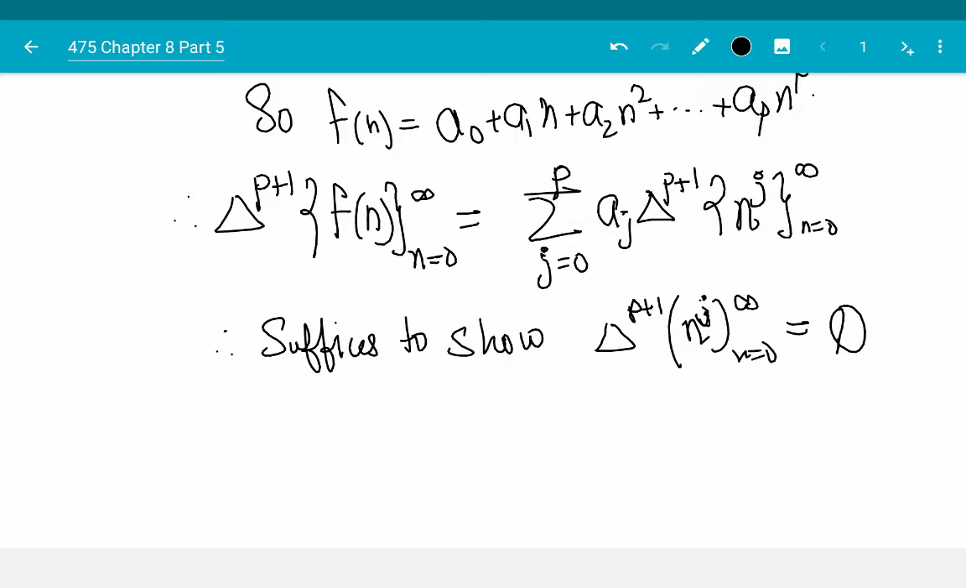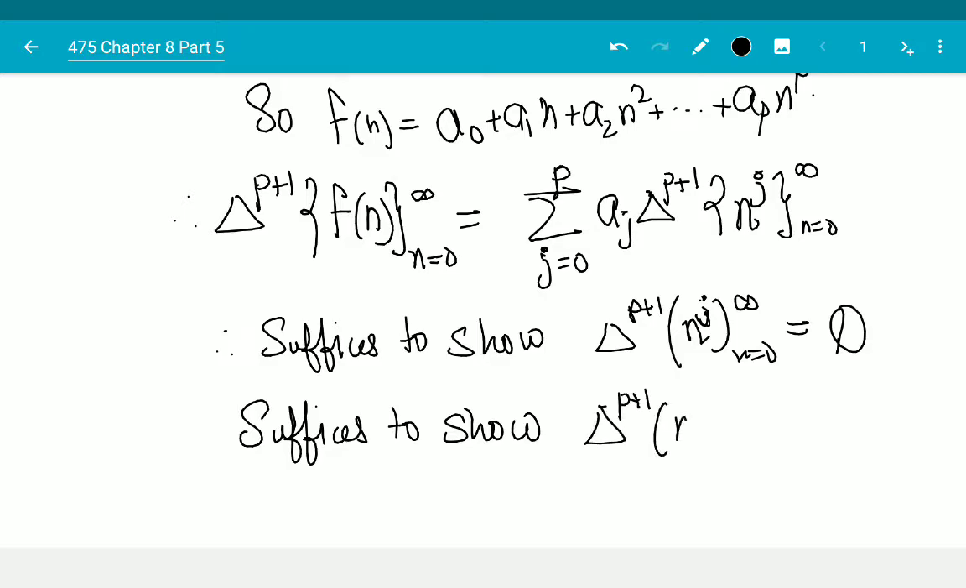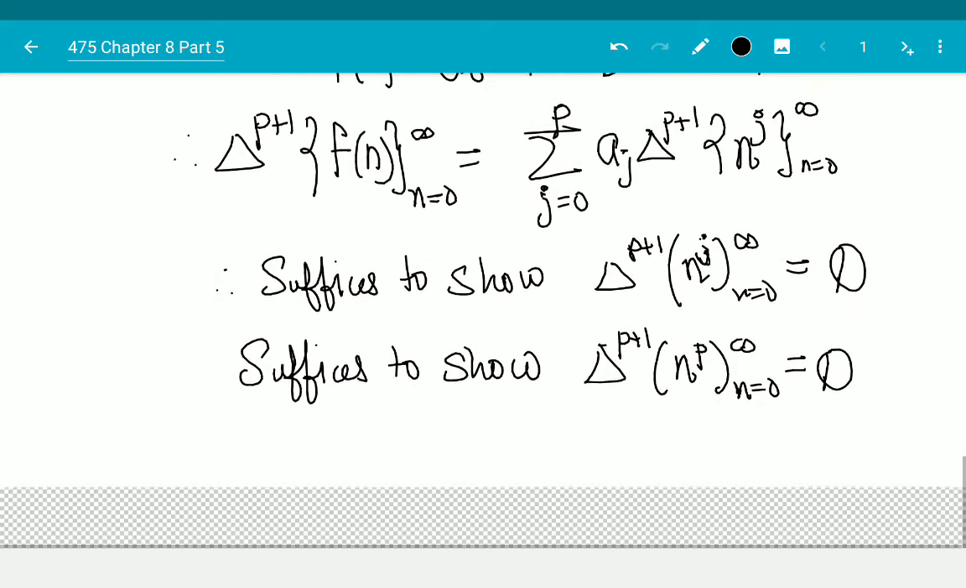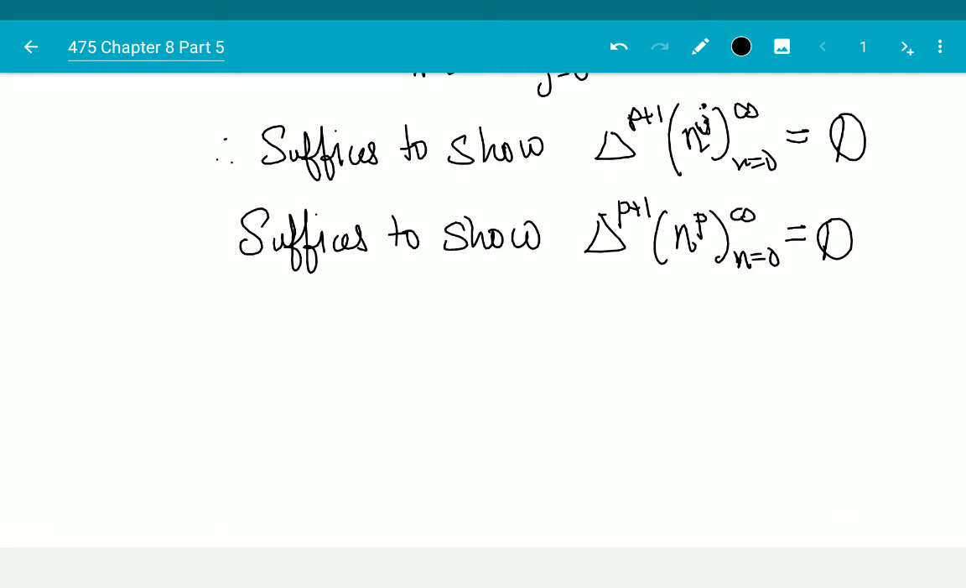In fact, it suffices to show that it is true for the highest power, n to the p, n equal to 0 to infinity. Because if it is true for this power, it is going to be true for everything less than it. Okay? Therefore,